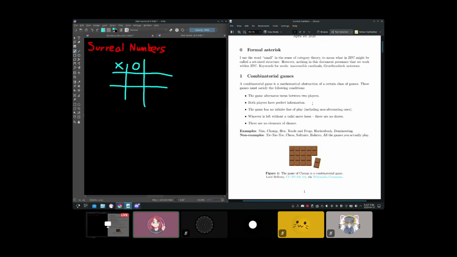Then both players have perfect information. What do I mean by this? Essentially, I mean that the entire game state is always going to be known by everyone. Like, if you think about other games, like for instance Uno, right? If you're playing Uno against someone else, I have my cards, my numbers here. Part of the game is that the other players are not gonna know what cards they have, right? Like that's kind of the strategy. If everyone knew what my last card was, then they could play around it, and it would kind of make the game not that fun, right?